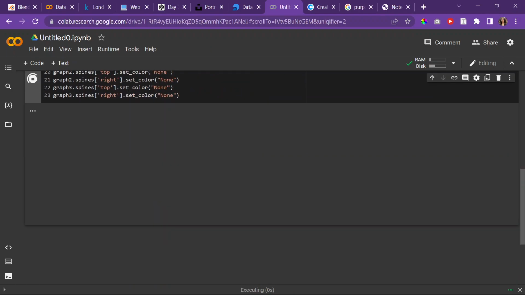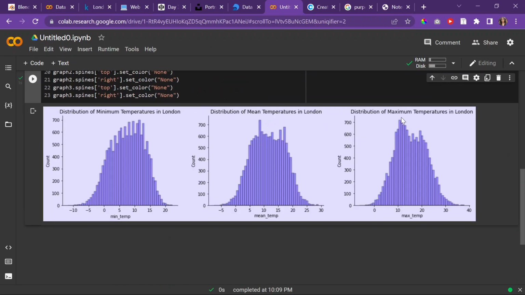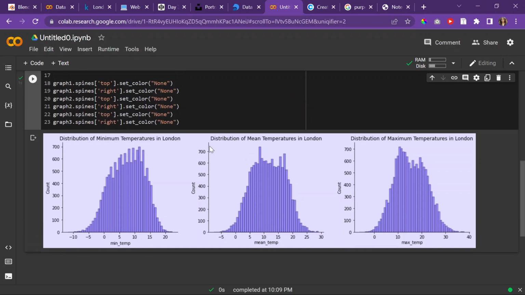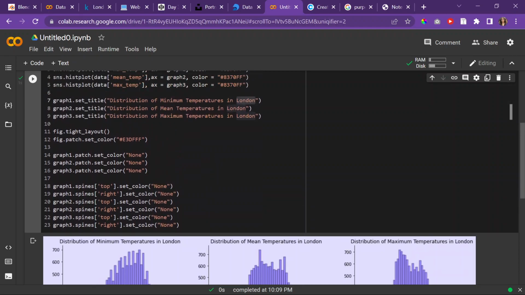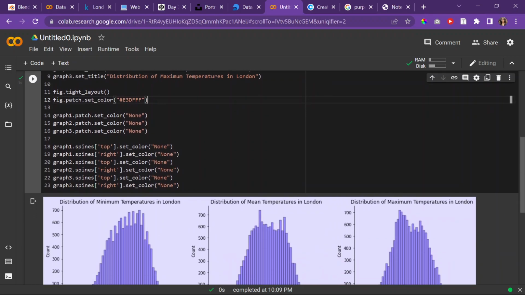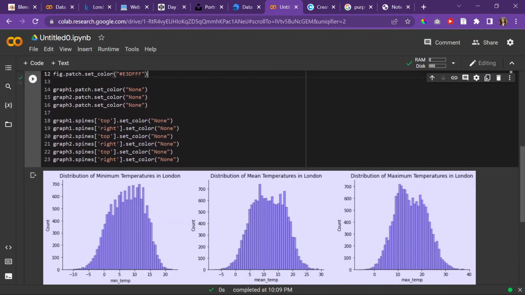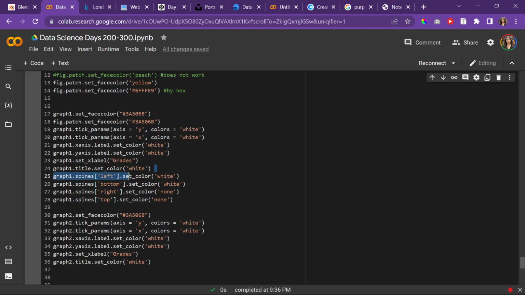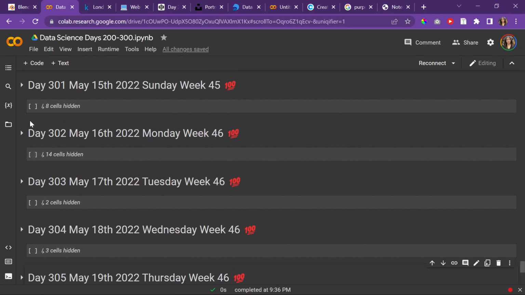So if I run that, it should put a thing there. What do you call it? A title, right? Okay, now it looks a little off. I don't like it. So what I'll do is, how I've done this before, but I forgot to add some padding between the title and the graph. So let me go back